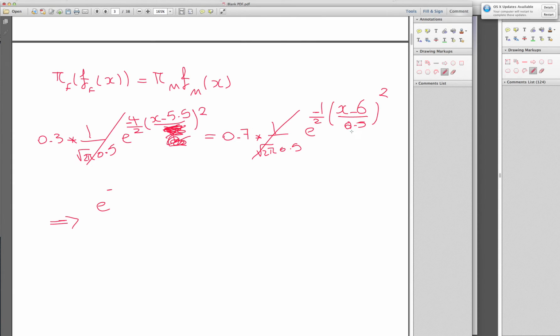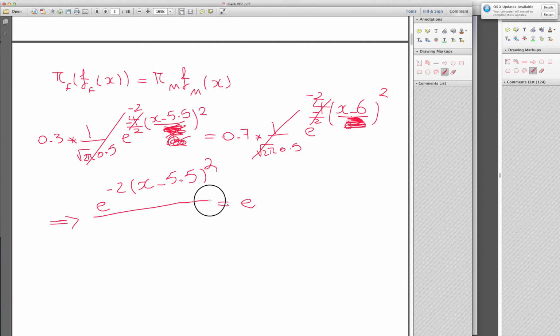I put 4, and same for this part. Get rid of that, and that's just 0.4 here. Okay, so 0.4 over 2 would be negative 2. This is also negative 2. Okay, good. So exponential of negative 2 x minus 5.5 squared